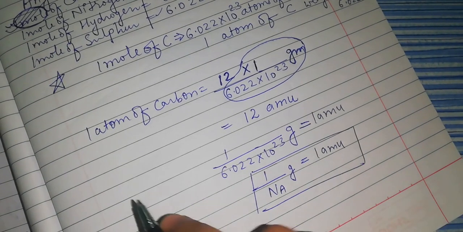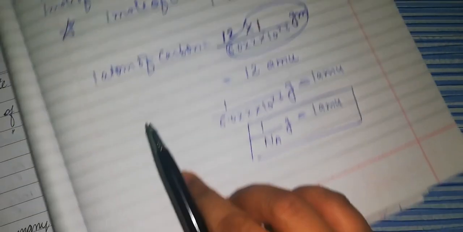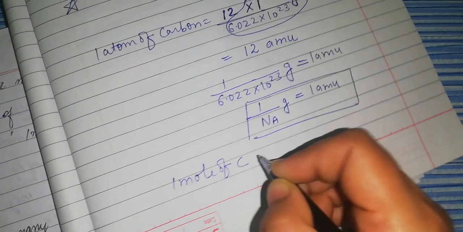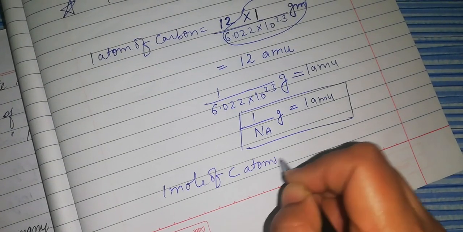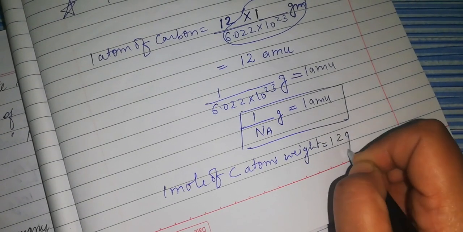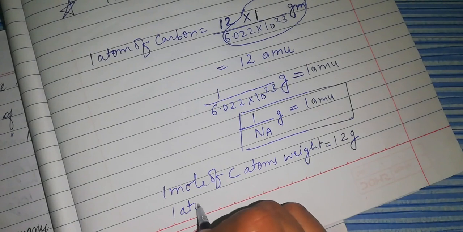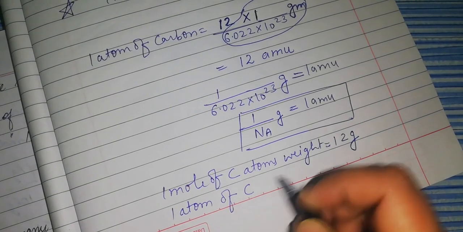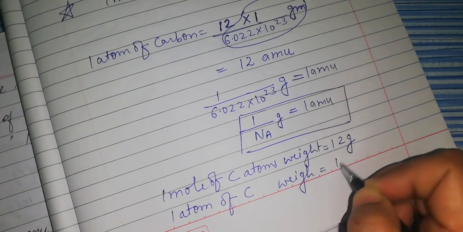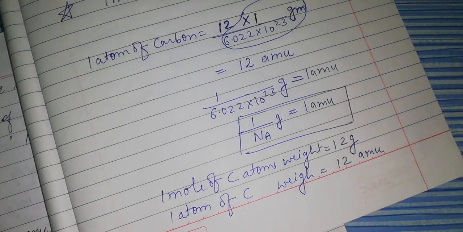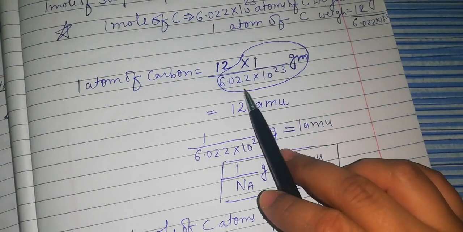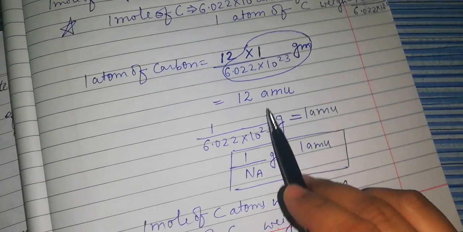Okay, means if I say that 1 mole of carbon atoms weigh how much gram, 12 gram. But if I say 1 atom of carbon, one atom of carbon weigh how much? 12 AMU. मीन्स फॉर द सेक ऑफ सिंप्लिसिटी हमने क्या किया है, 1/Avogadro ग्राम को हमने जस्ट क्या लिख दिया